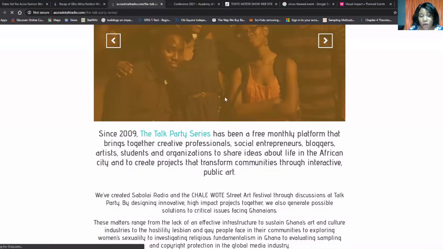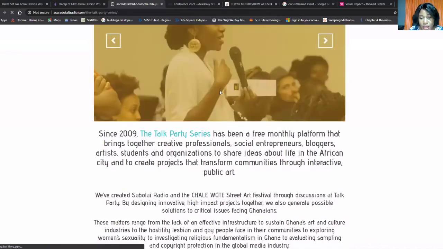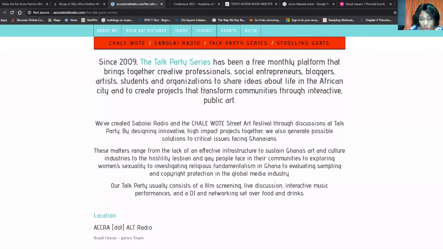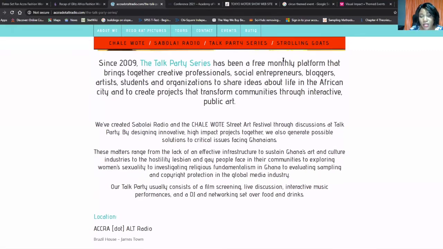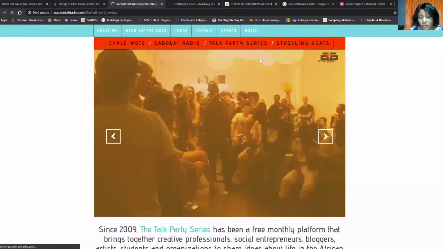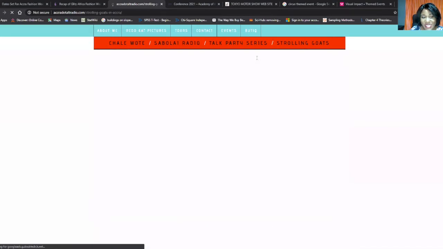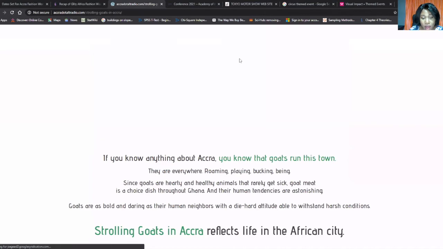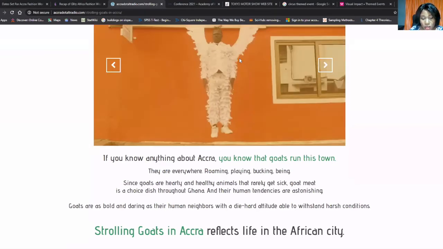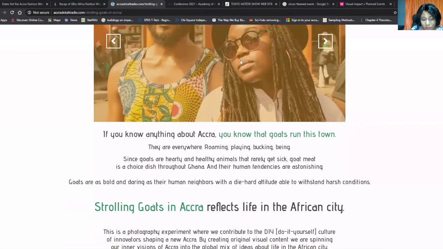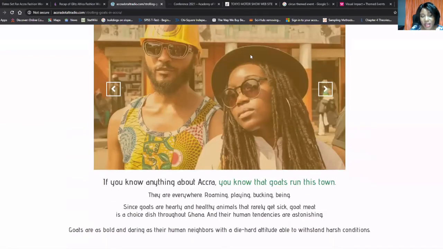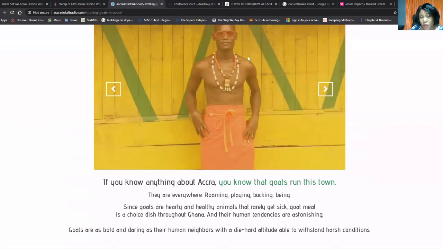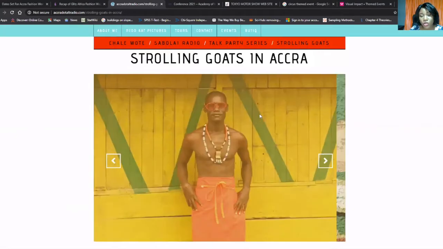And that one is a free monthly platform that brings together creative professionals, social entrepreneurs, bloggers, artists, students. It's basically just an open forum, right? And then they come to create projects that transform communities through interactive public art. And then they have the last one called Strolling Goods. And this one is where they are asking anyone who knows anything about Accra, who knows that it is great people. GOAT is an acronym for greatest of all time. Anyway. So if someone says you're a GOAT, it means you are one of the greatest of all time. So they take pictures of people who reflect the greatness of Africa, the greatness of the people of Africa, and then they showcase it using the Strolling Goods platform,